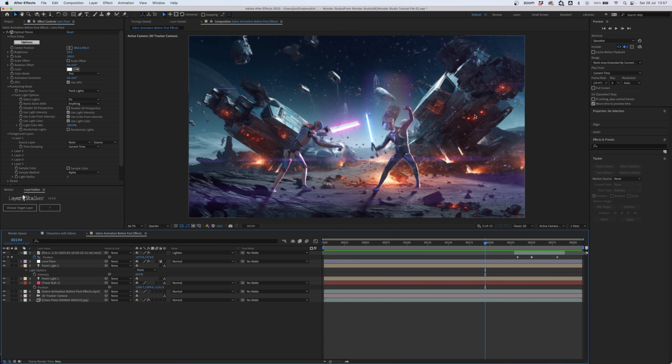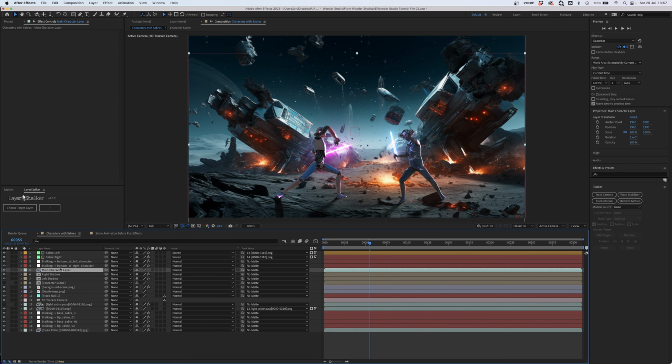Now, before I wrap up on this tutorial, I want to show three quick ideas on how you could further develop the scene and swap things out to further push the creativity, including the last one where we're going to use Runway ML to swap out the background entirely with an AI-generated background.